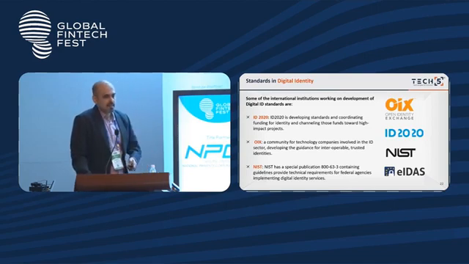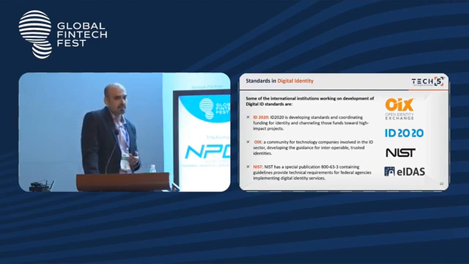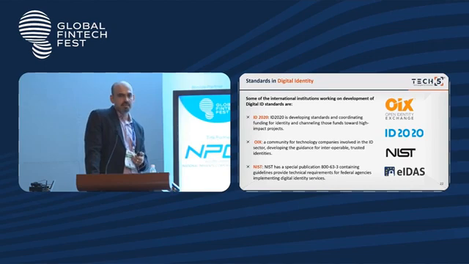These are some of the standards related to digital ID. More or less, this is what I spoke about earlier. If you saw, it's OIX, ID20, and NIST 2020. There is one other body, the European body, that is eIDAS. They are actually coming up with their own framework or standards where they are asking the companies who are in the digital identity space to comply to that. It's not yet fully out. As you can imagine, the digital identity space is quite evolving. It's a new buzzword. There are various companies taking a look at it in various different ways.